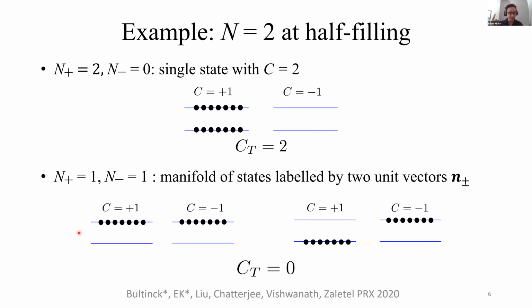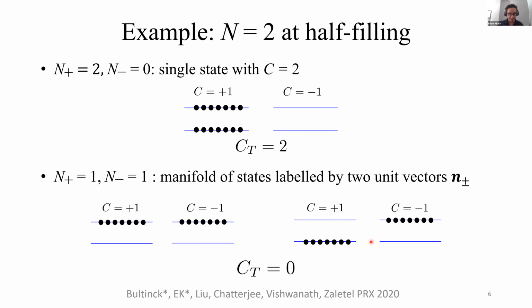So this manifold is parameterized by 2 unit vectors. So the manifold is essentially a product of 2 spheres. For example, if we choose to fill the same state, then these 2 unit vectors are aligned. While if we choose to fill opposite states, then these 2 unit vectors are anti-aligned. Of course, this large degeneracy would be partially split once we include back the tunneling, which is what I will